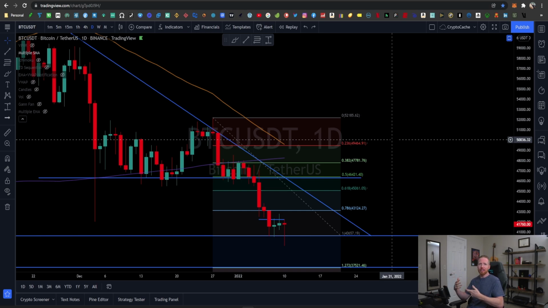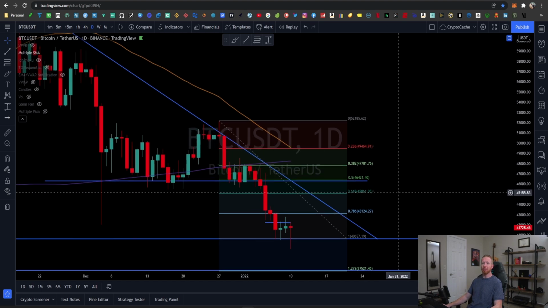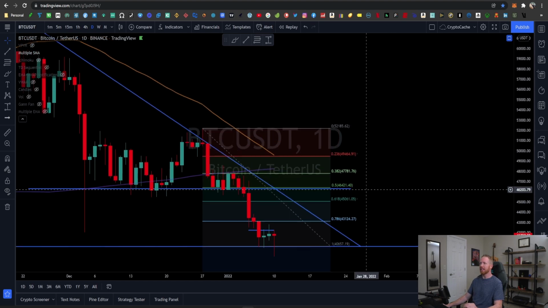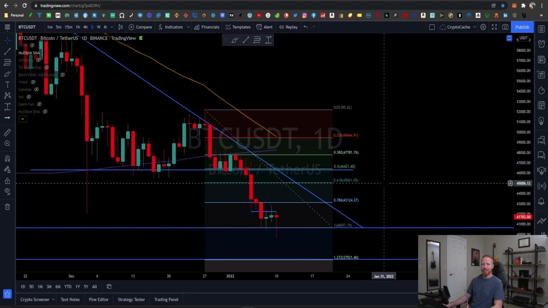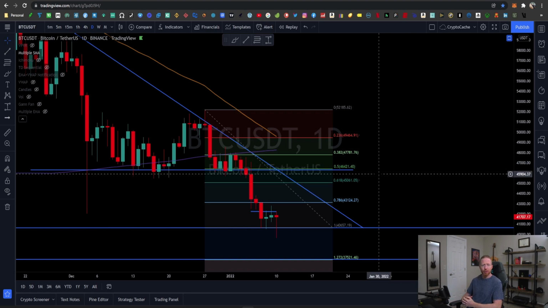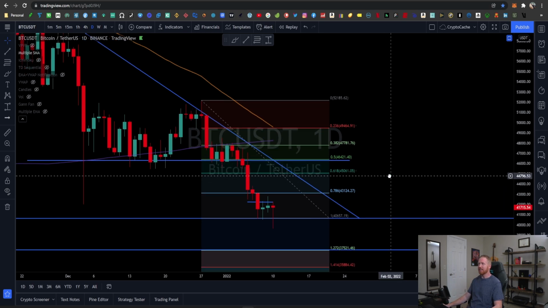But the bottom line is that the death cross has a tendency, I would say 60, 70% of the time, somewhere in that range, of bringing the price action down further than it would the inverse. So I don't put a tremendous amount of weight into it, but I do think it's relevant to understand that that is happening. It's very similar to a MACD convergence, right? You've got moving averages intersecting in a specific fashion, and that shows the tide is shifting, so to speak. The tide's already very, very low for Bitcoin. So how much lower can it go? That's the standard theory there. But on the same accord, this could in fact push it just a little bit lower.